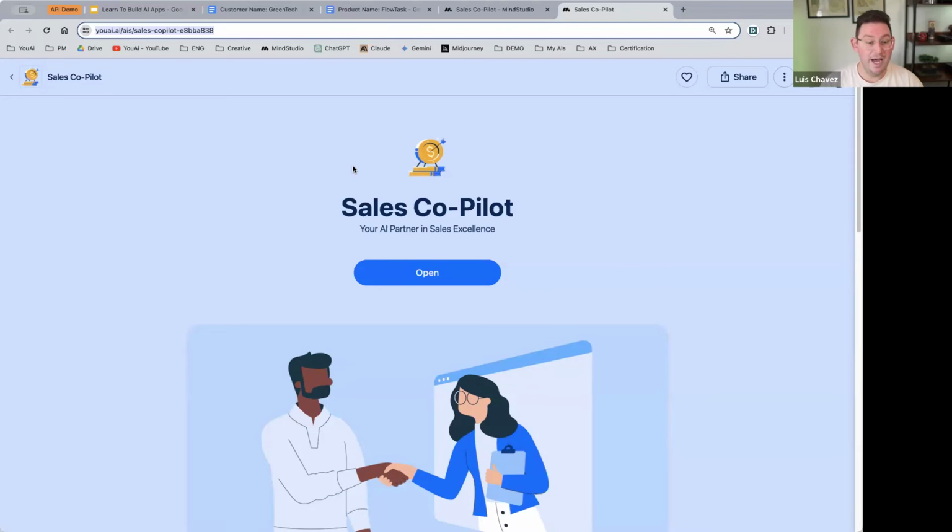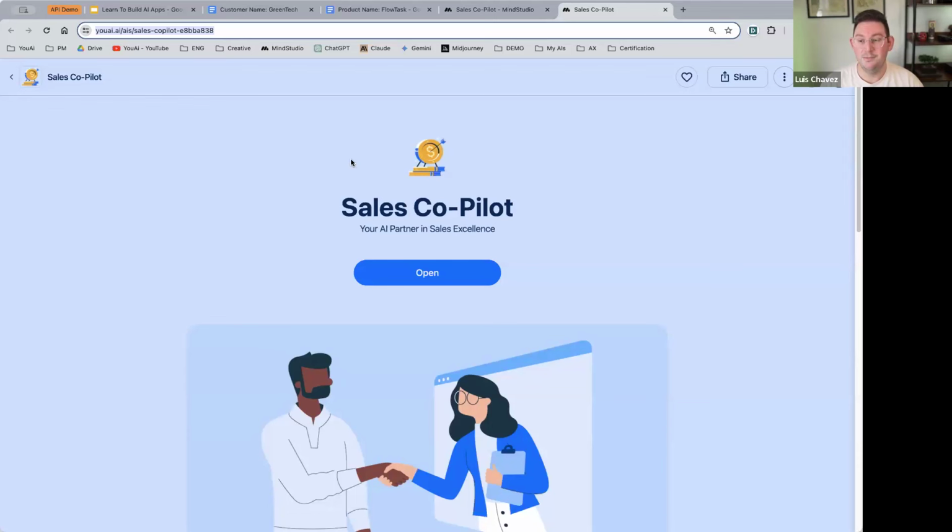It also acts as a repository of information so that folks on the sales team can ask it questions and query the knowledge base